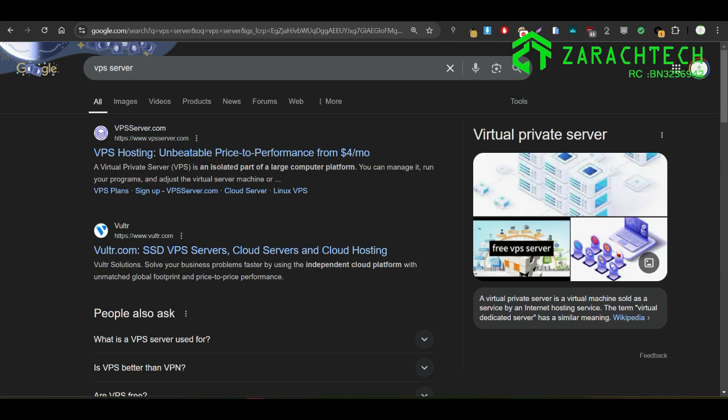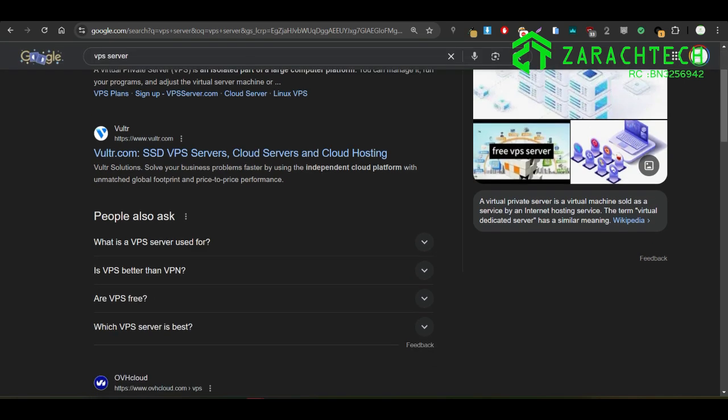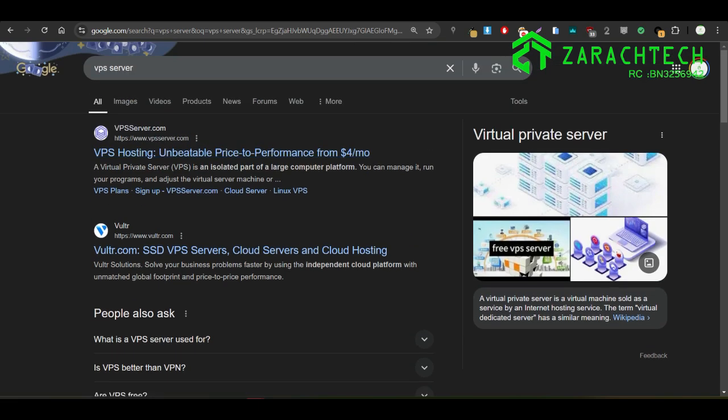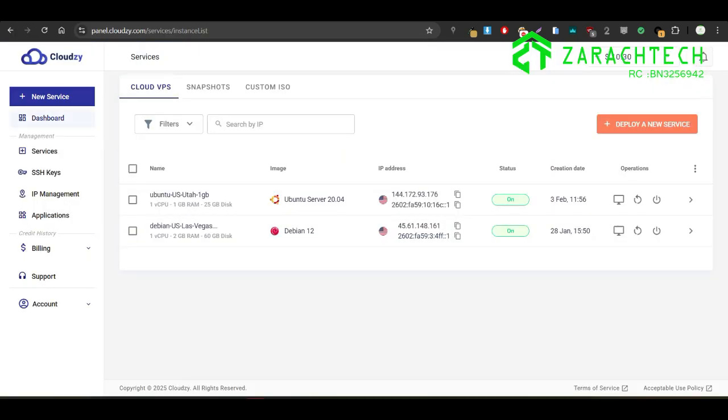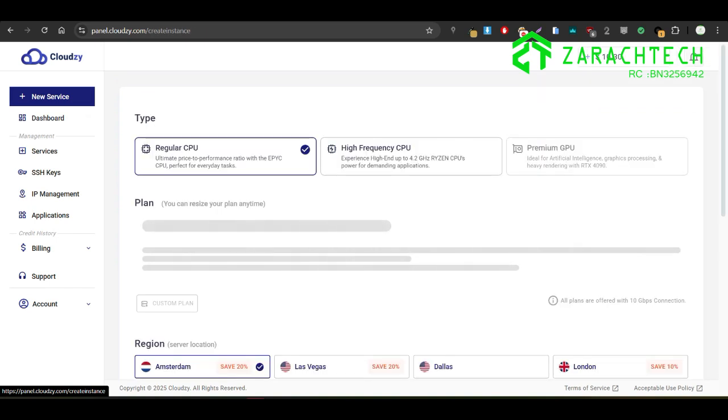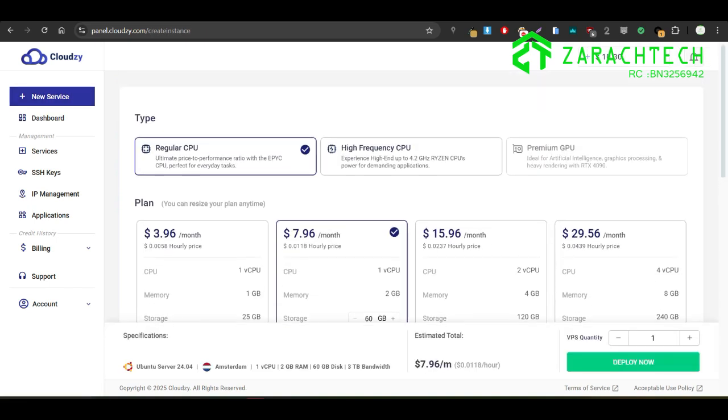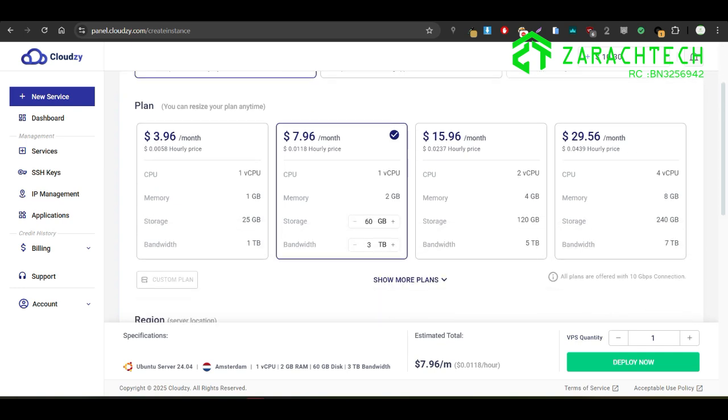In order to get that, you need to come to whichever provider you want to patronize. But I'll be using this particular website, which is CloudZ. So I'll be clicking on a new service. Here you can choose the type you want: the regular CPU, the high frequency, or the premium GPU. This is just for test, so I will be choosing this particular